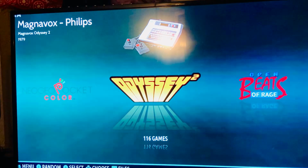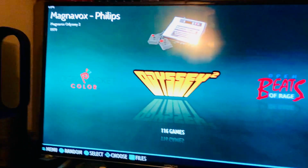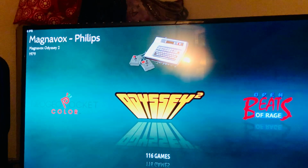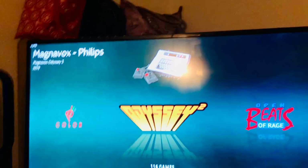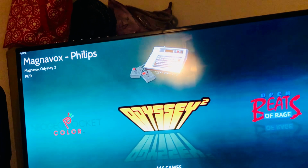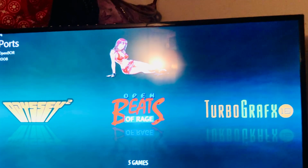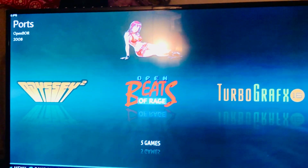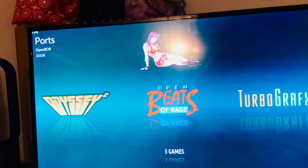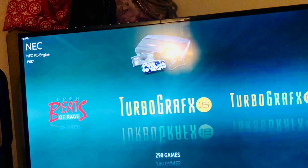Odyssey 2 was way back in 1979. This is actually the Odyssey 2. There was an Odyssey 1, which was, believe it or not, even more primitive than this primitive dinosaur. This one has 116 games. Open Beats of Rage. I don't know what this is, but it's got a chick on there in a bikini and looking pretty enticing. And then Turbo Graphics,